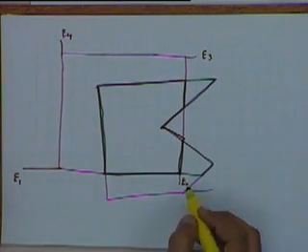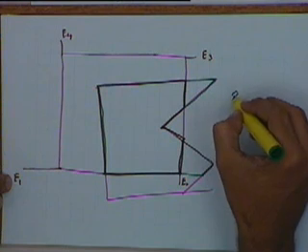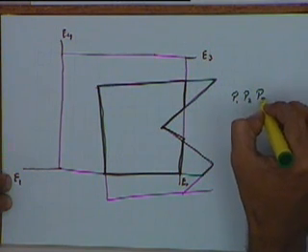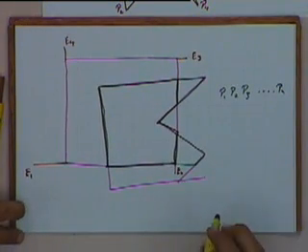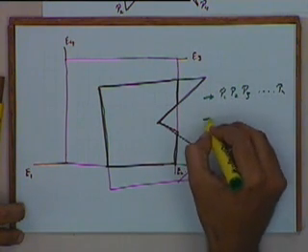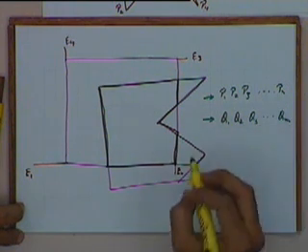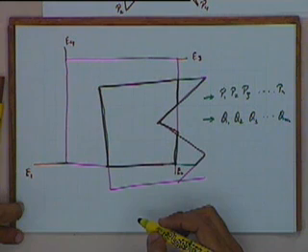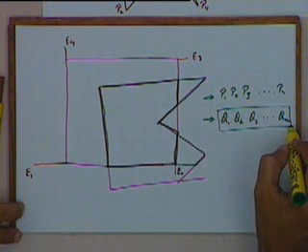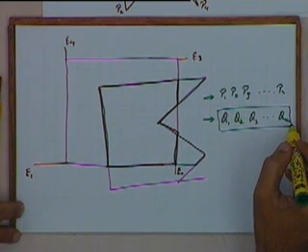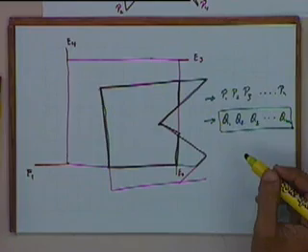When we are clipping with respect to any single edge, we have to keep in mind that initially we will input a sequence of vertices like this. The output should also be a sequence of vertices something like this. A sequence of vertices would represent that this is a closed region or a closed polygon. The input is a closed polygon, the output should also be a closed polygon. That is the prime thing that has to be kept in mind.